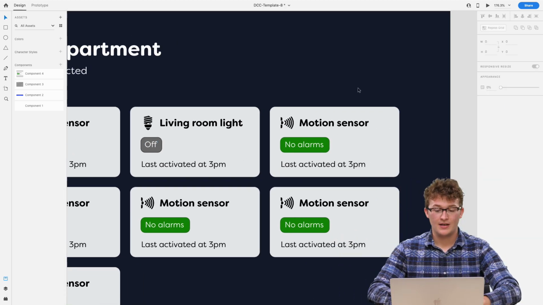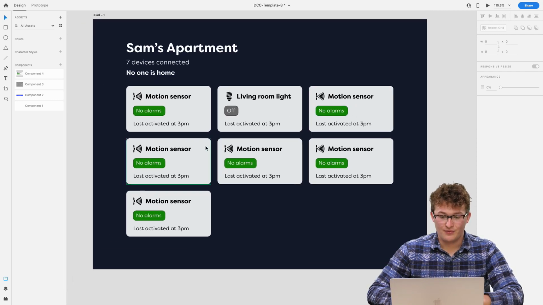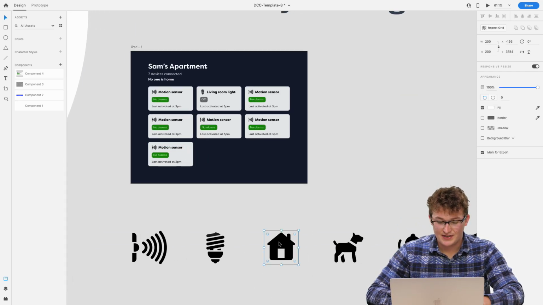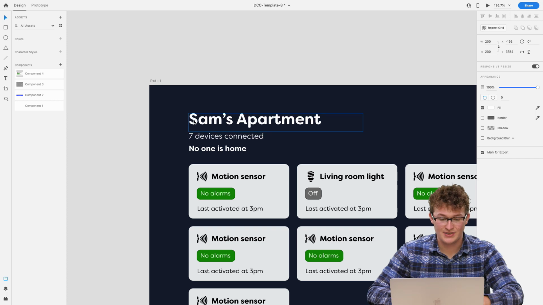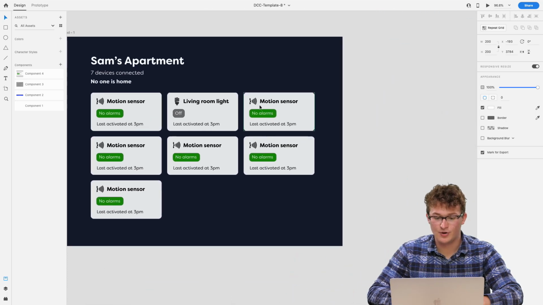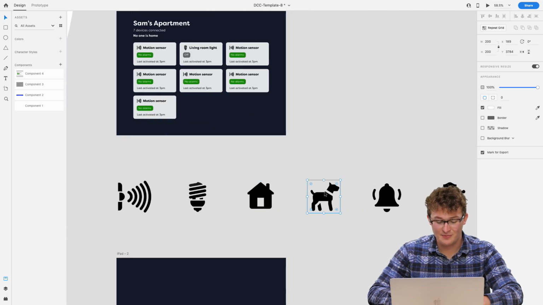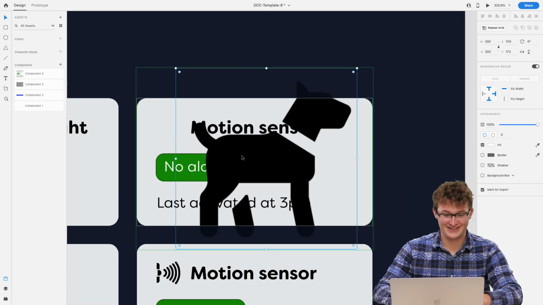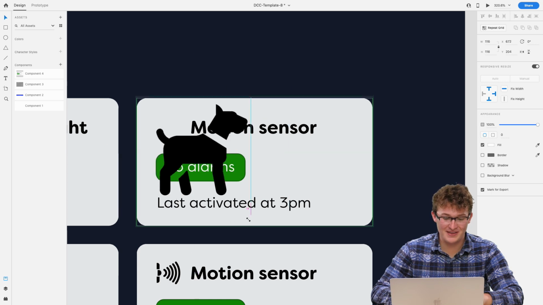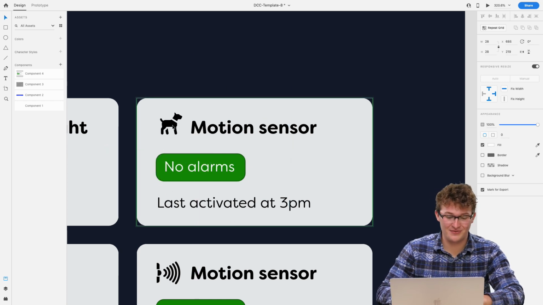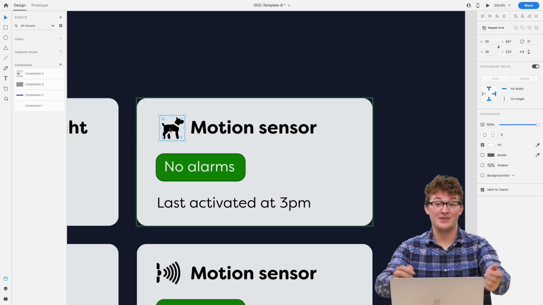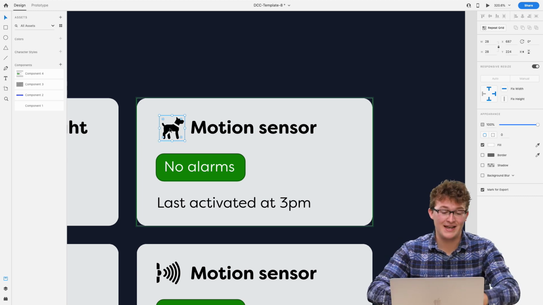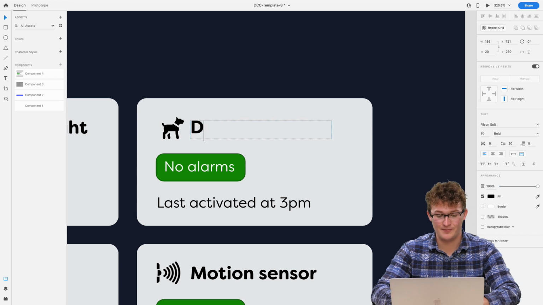Awesome. And then we can do that for the rest of ours as well. So let me just, oh, I have this home icon actually. I might use it somewhere, not sure yet. Okay. Maybe I have some sort of dog sensor somewhere, right? Who knows? Maybe there is some sort of pet detector, or maybe the dog's bed has some sort of presence sensor, and so